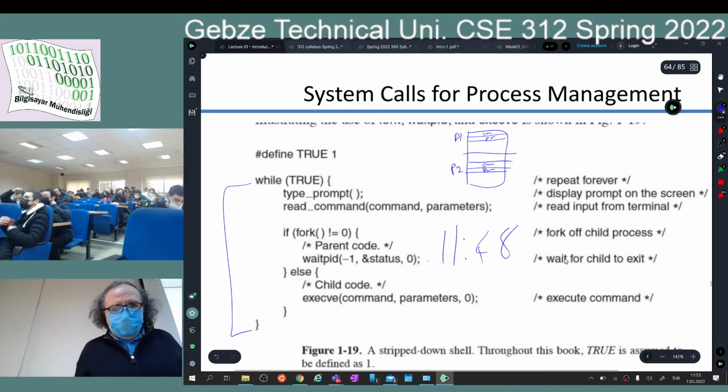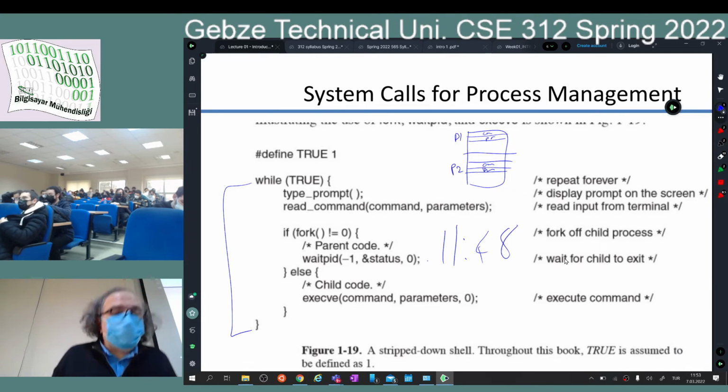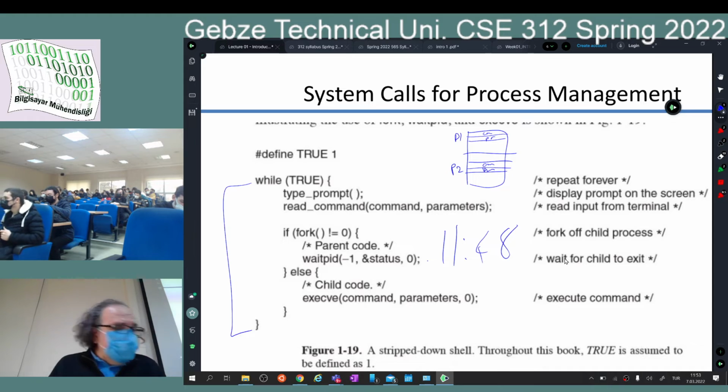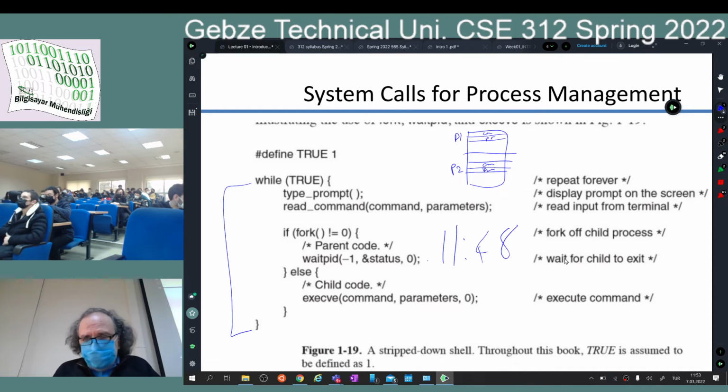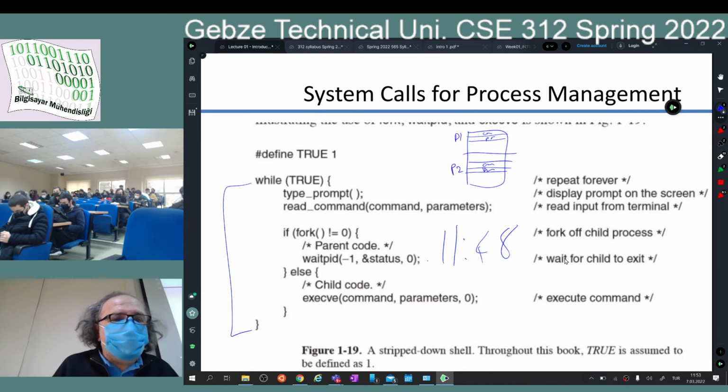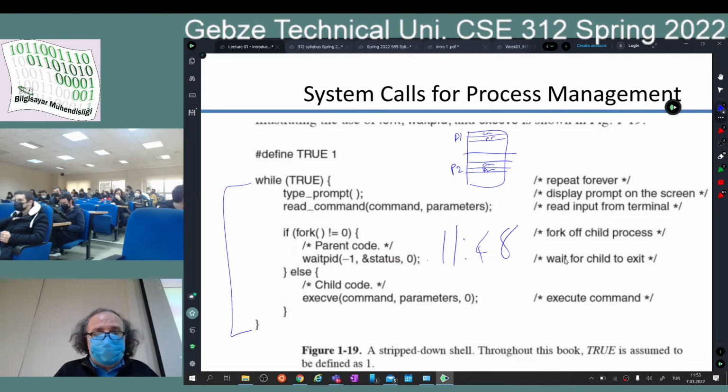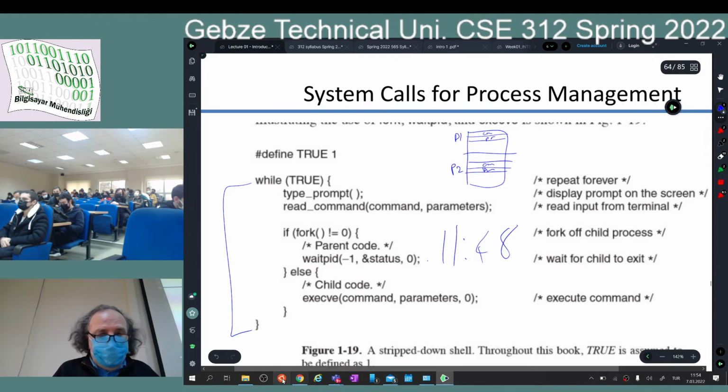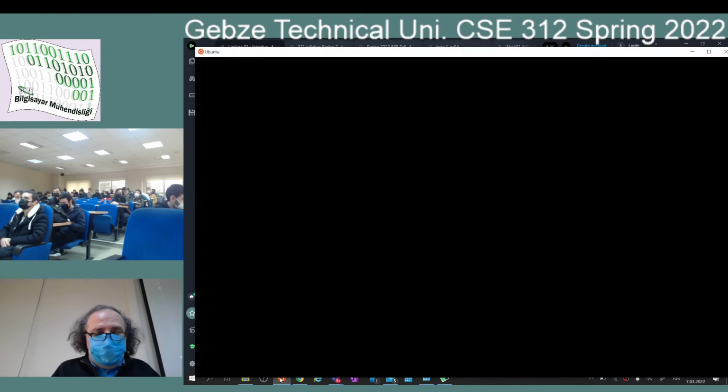Okay, so this is the program. Basically, all the bash programs, they work like this. And of course, they are not as simple as it, but the basic backbone, the skeleton of all the text-based bash programs, the shell programs, they work like this, but there are many details, of course. For example, in my shell program, I can do things like